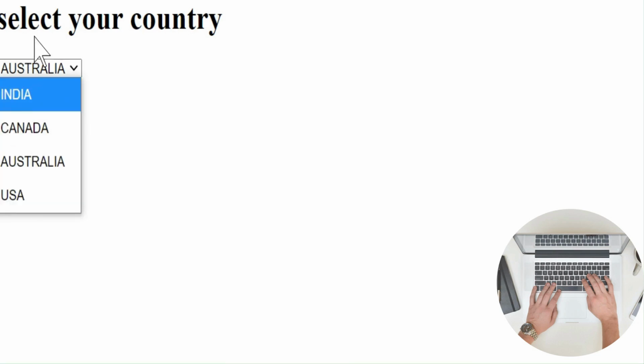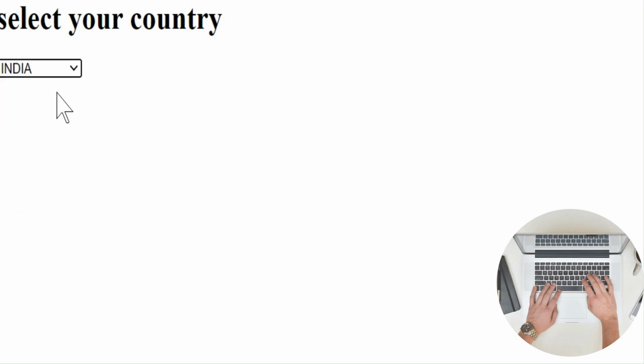Here you have to select your country. So from the drop down menu you can select your country. Just click, then it will be selected. Like this, menus allow the user to select an item from the given list.